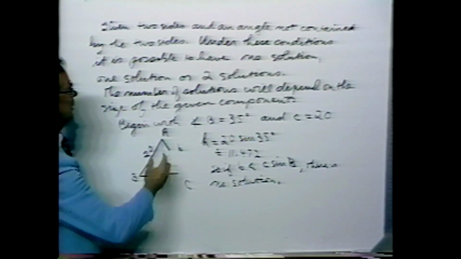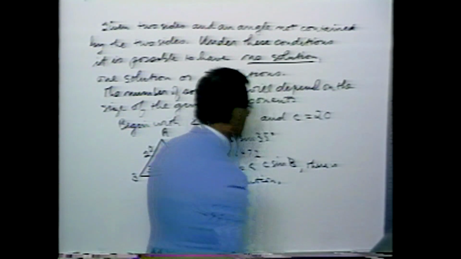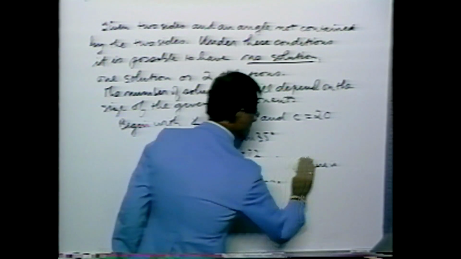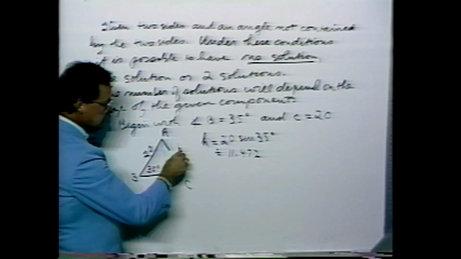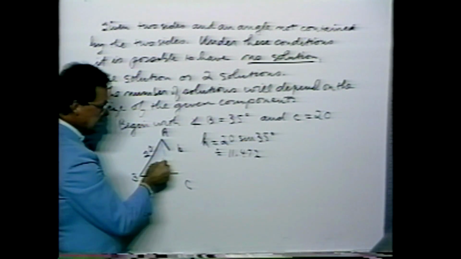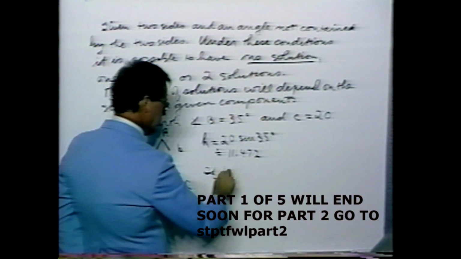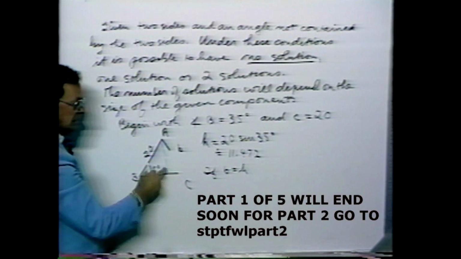That takes care of one possibility. I'll continue with what I have on the board here, but now I will change some of it. If the length of b is equal to h, if the side b is given and it equals the